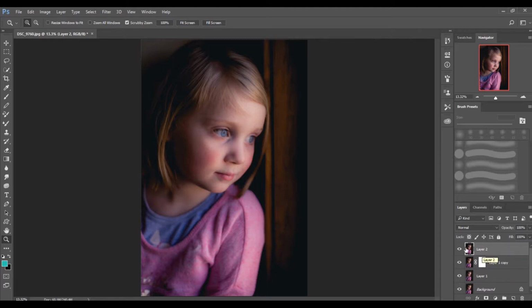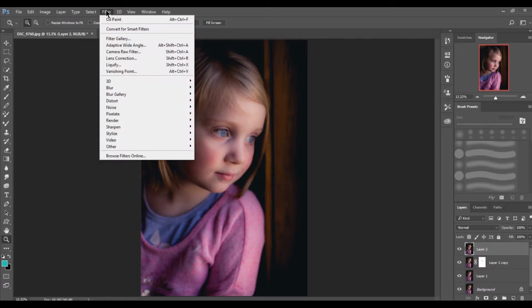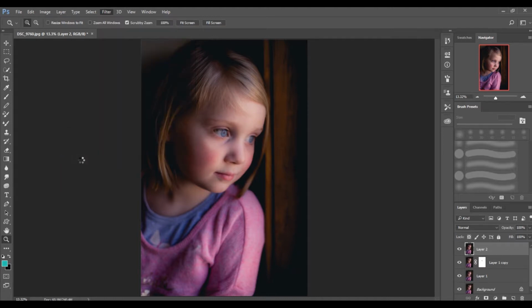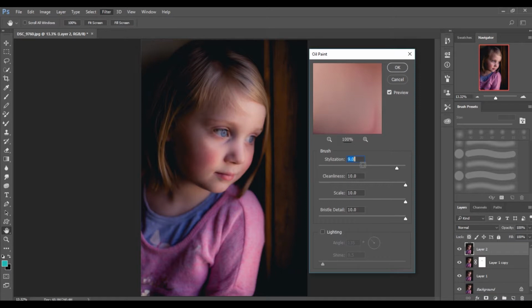So, here's a second layer, and then what I do is I go to Stylize, go to Oil Paint again, and then I'm going to make this 10 and not accidentally click out of there. Then I add the lighting. I like to add the lighting in because what that does is, you see, if you look in this, it kind of looks like,